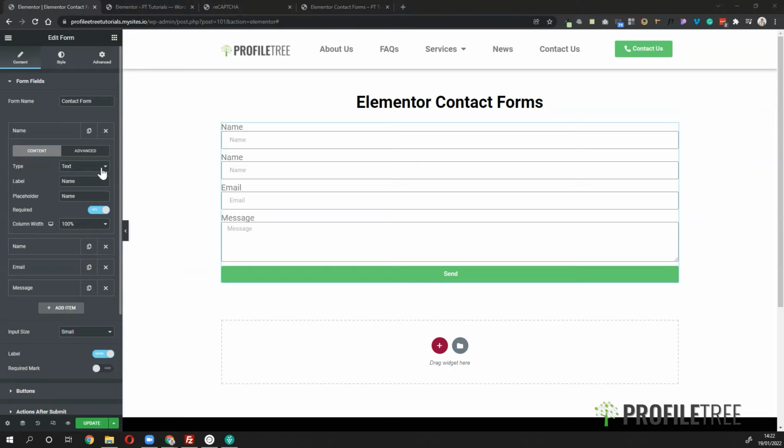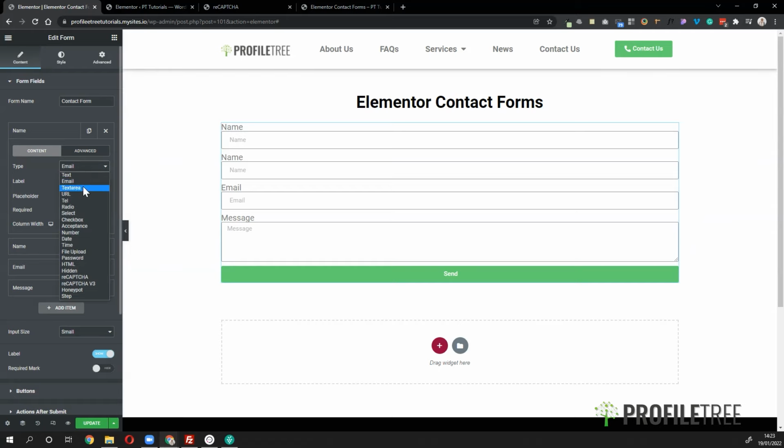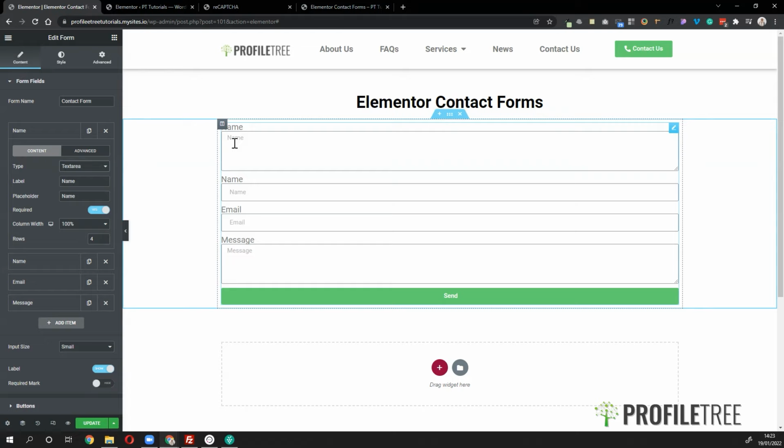So with the text field, this is a simple text field, so things like name, first name, last name, things like that. And then under the email field, this is just an email type and includes a validation for email as well. Then you have a text area. So this is like the text field, but except a little bit bigger. And this would be more for if you want users to add like additional information and really type out more